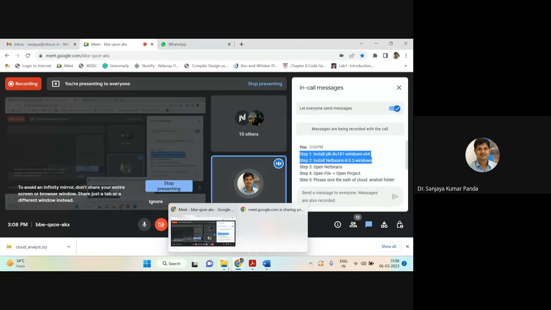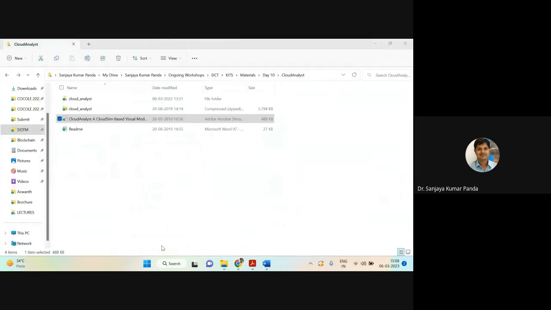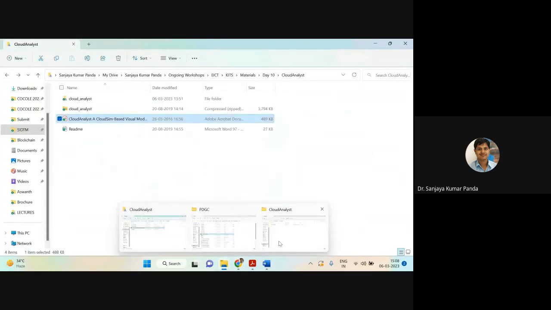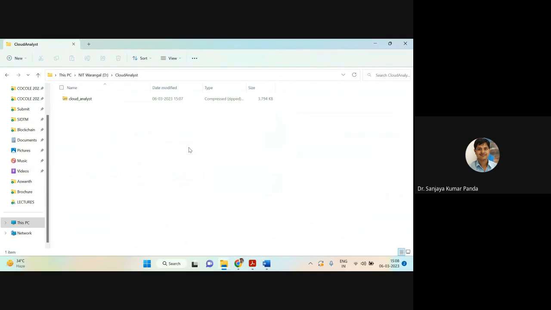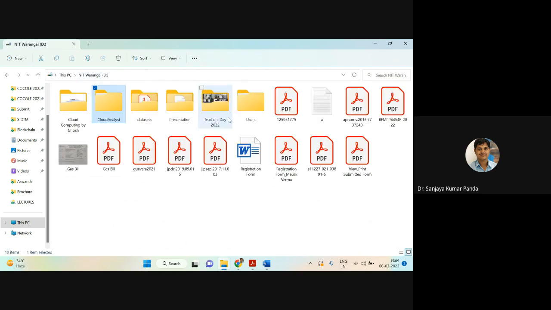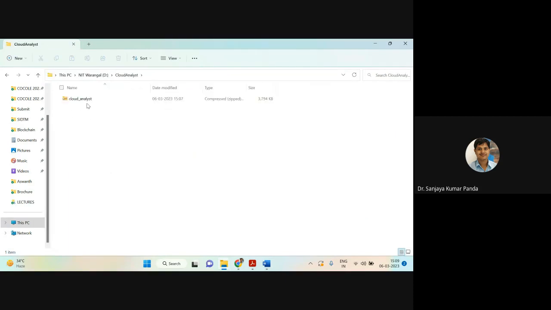Then you have to download Cloud Analyst. After JDK, you have to install an IDE, and the IDE I have considered here is NetBeans. Then I have created a folder called Cloud Analyst in my D drive. Inside that folder, I have pasted this cloud_analyst zip file